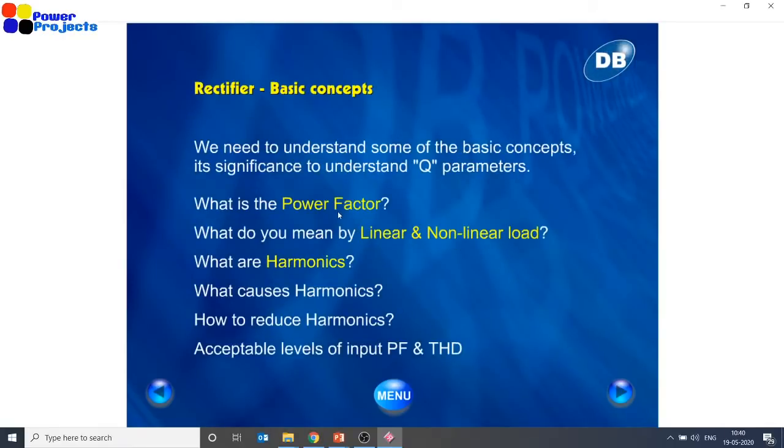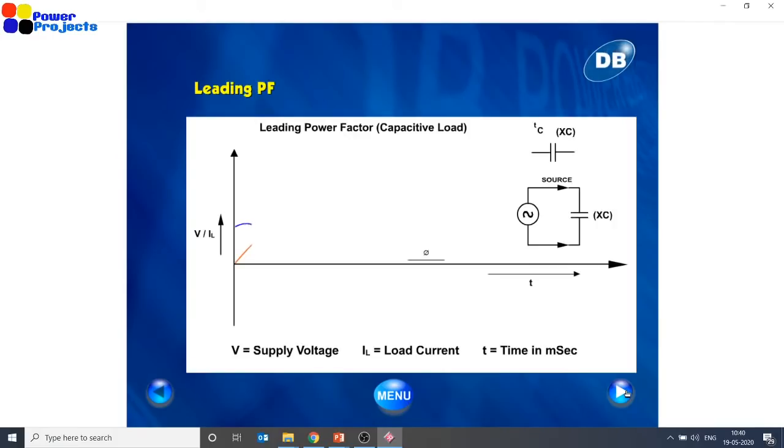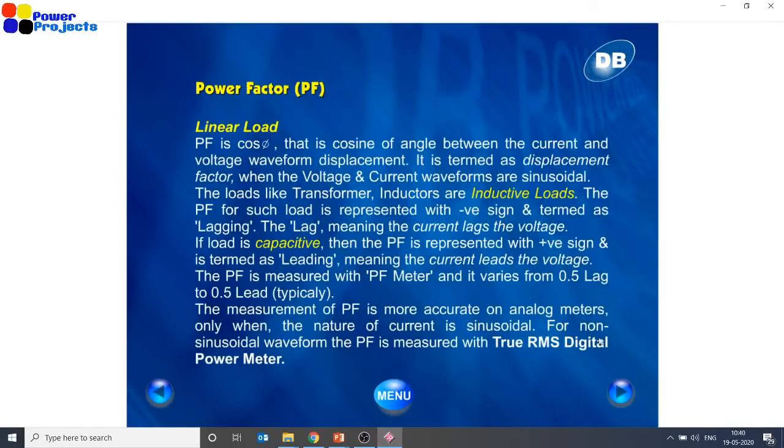Okay. How this power factor is related to this harmonics, that is what we are discussing actually. Anyway, that's a big question. As I told, you can probably go back and watch our power factor correction part 1 video. Linear loads and non-linear loads, quick conclusion. This is a linear load, a load which draws current which is similar to the voltage wave shape which is applied. That's a linear load.